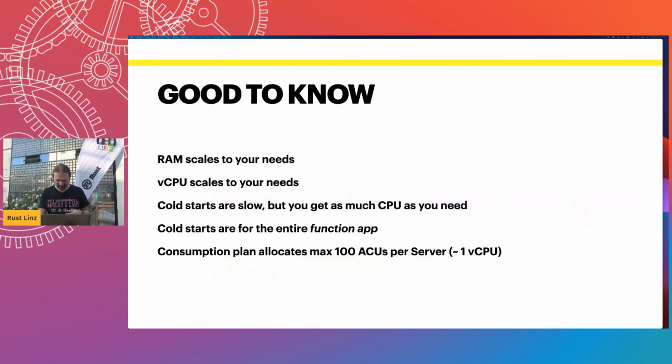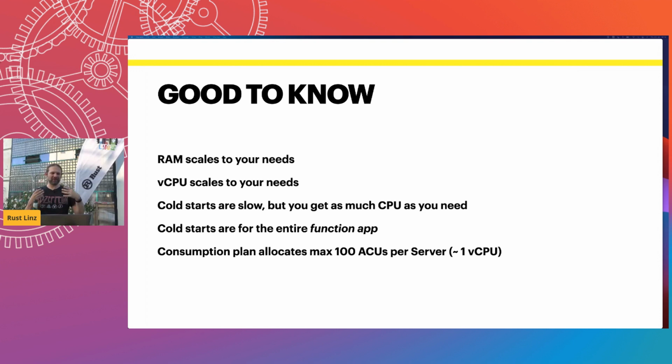and it sends it to whatever output binding that you need. Stuff that's good to know, RAM scales to your needs. This is very important. So in AWS Lambda, you are going to pre-provision a certain amount of RAM that you are paying for. In Azure Function, it takes as much RAM as you need, not more, and you're paying for this amount of RAM that it takes. Also, the vCPU scales to your needs, up to one entire virtual CPU. Because Azure Function Hosts can do that. So it's not tied to the amount of RAM that you allocate or that you provision,